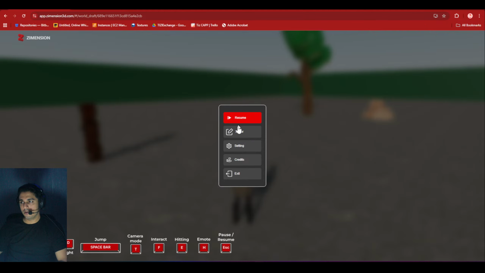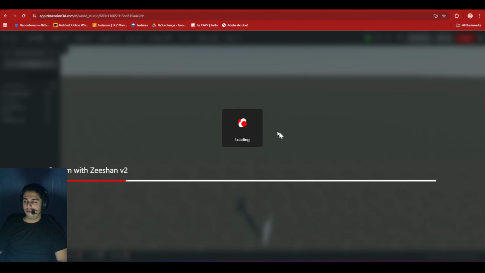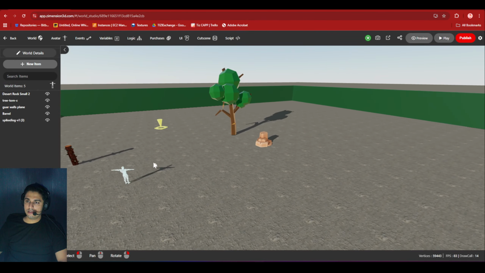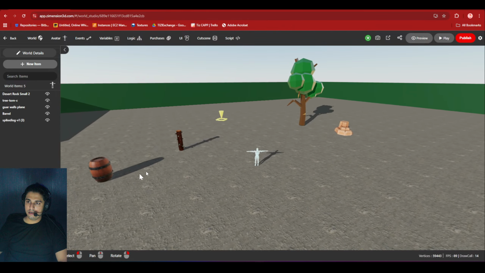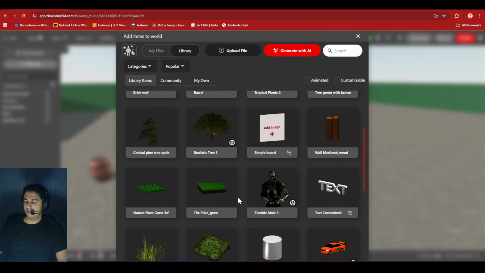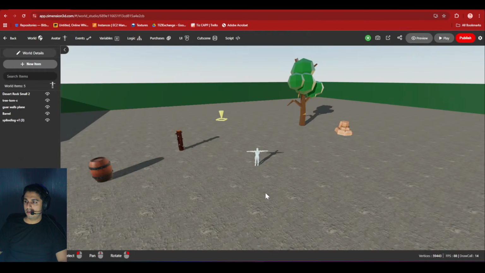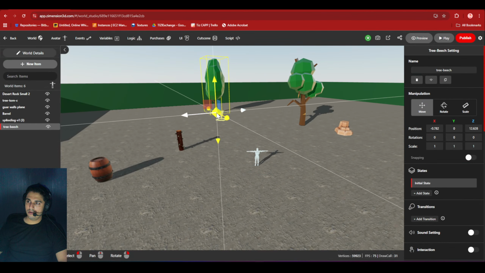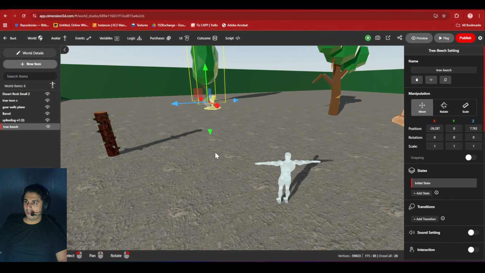But now, instead of directly making the character die and spawn from here, we'll do something where the checkpoint is created and then the character will spawn from this location. And just for reference, I will add this other tree, which is nearby the checkpoint so that you don't get confused.